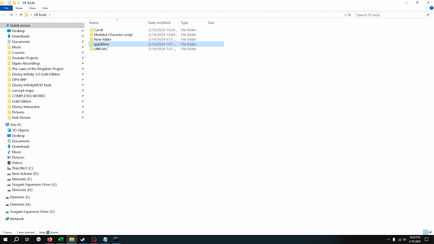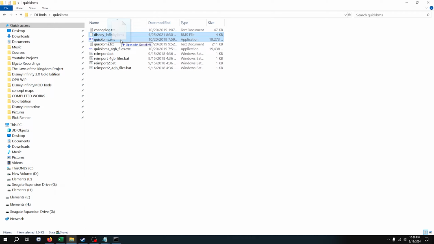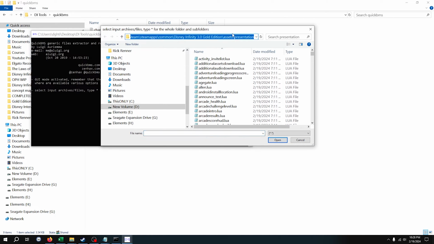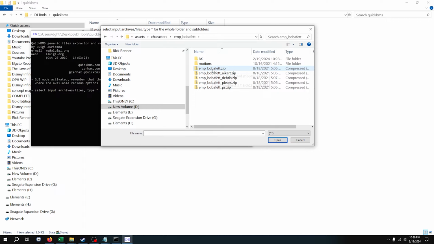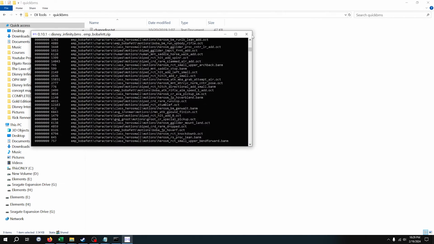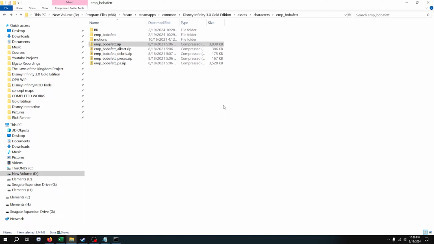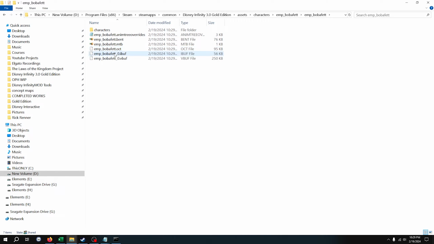And we're going to go to QuickBMS and again put the Disney Infinity BMS over the QuickBMS exe, paste the address in the address bar, and then select emp_bobafett.zip because that's where the files are that we're going to need, and save it. Okay. Now, we're not swapping him out for anybody. We only need one file in there because we're not modding Boba Fett. We're modding Zurg. Okay, we're creating a Zurg character, so we're going to need the Boba Fett